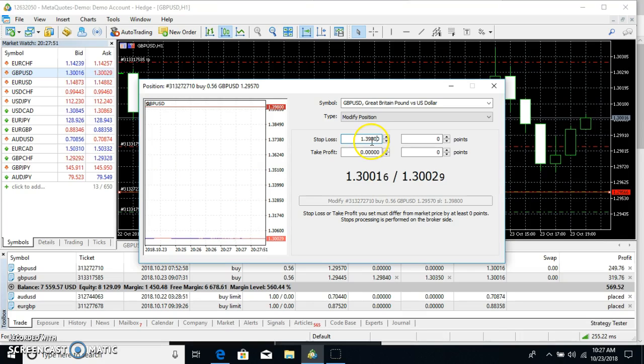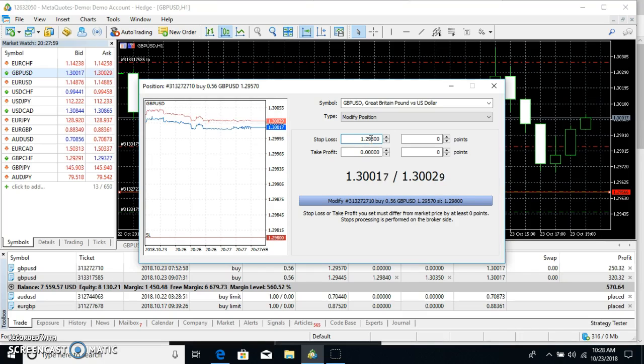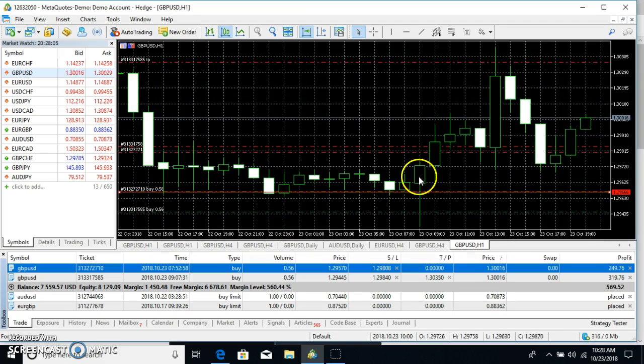Give me a little more room. 1.2980. And I won't even do a take profit because it may go past here. It may go past it. So I won't do a take profit on one of them, but I am going to do it on this